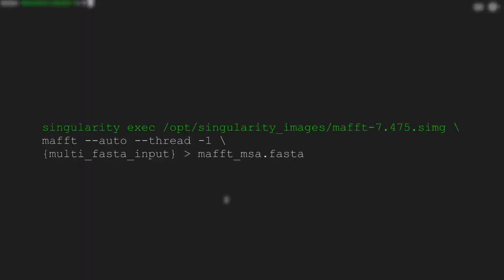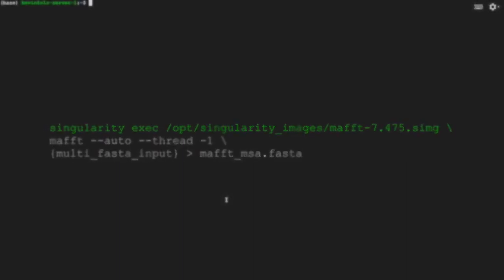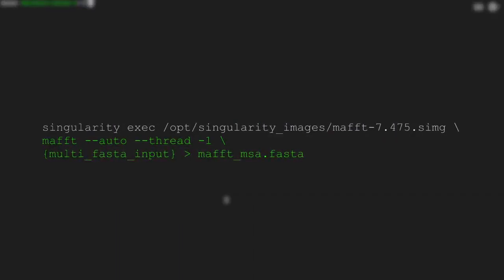So this first bit here is, again, our singularity exec command to run a container based on the staphb MAFFT image that we just built. And this second half indicates the MAFFT command. So this auto flag here indicates that we'd like MAFFT to automatically select an alignment algorithm based on our input data size. The threads flag here with a -1 also indicates an automatic selection, this time for the thread number allocated per step. And then this is followed by the input multi-FASTA file for the actual alignment. And then we want to write this all to a